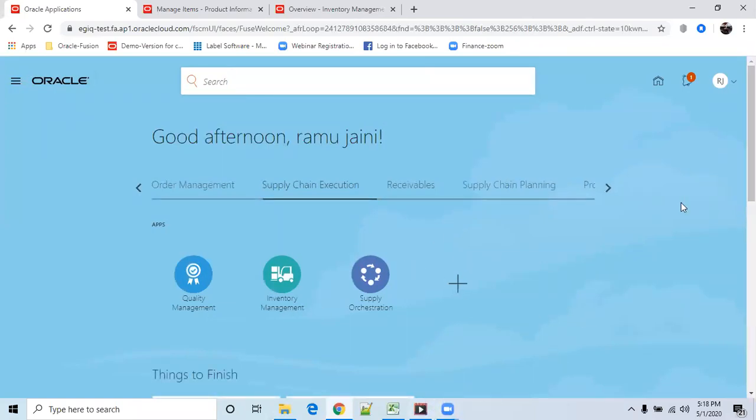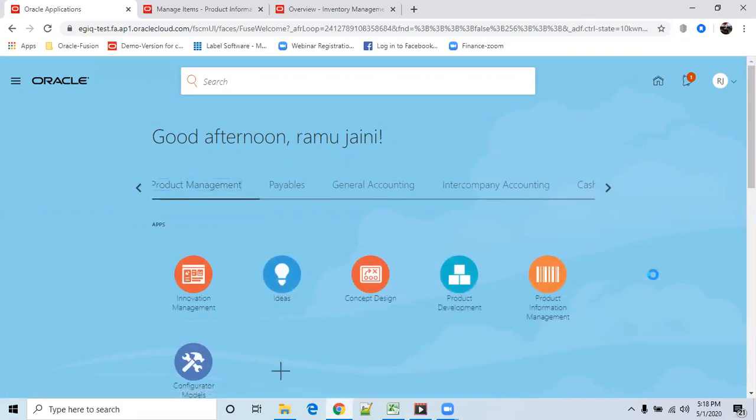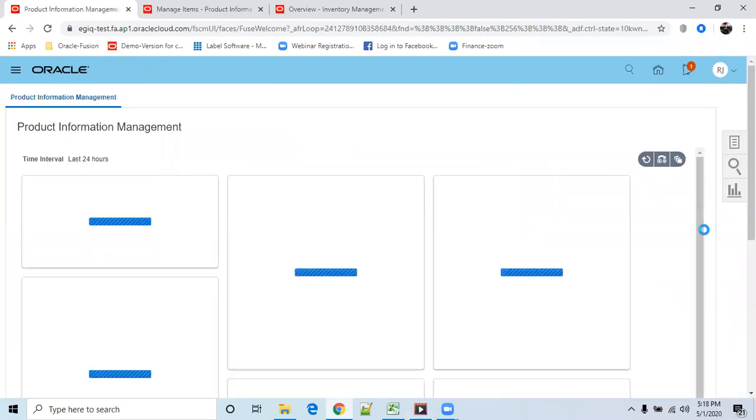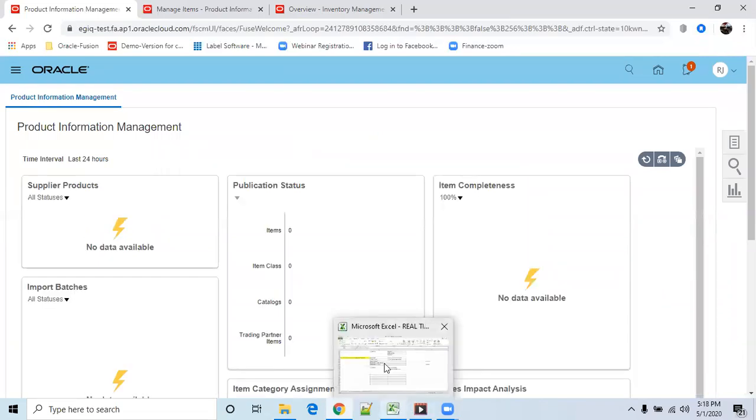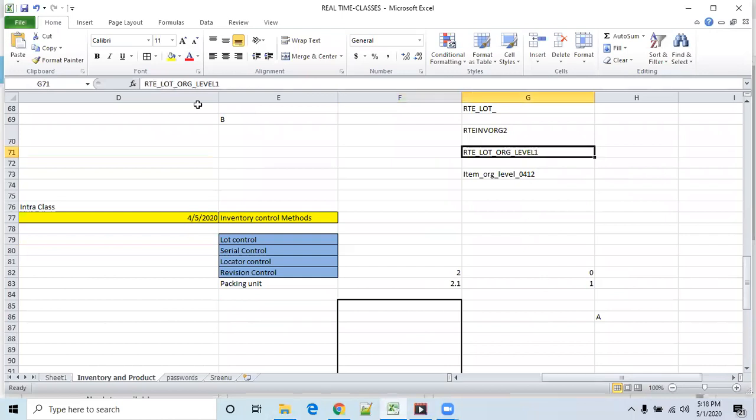Before creating the item, let me see. Already we created a lot of items. Where is it? Product management. Go to product information. So we have this item already.